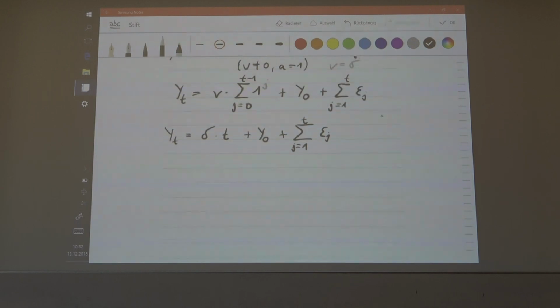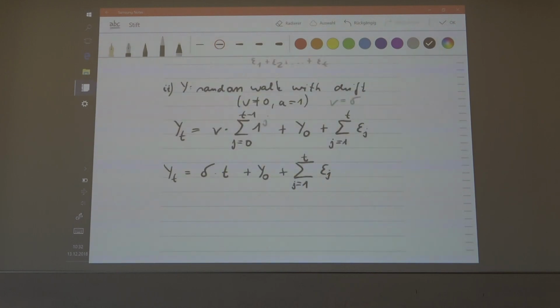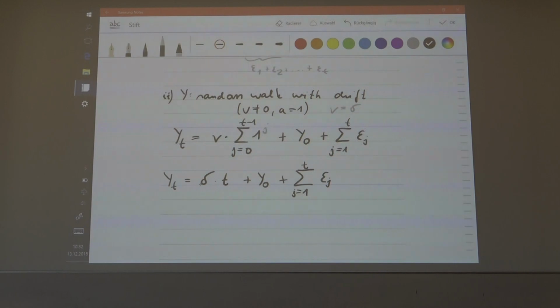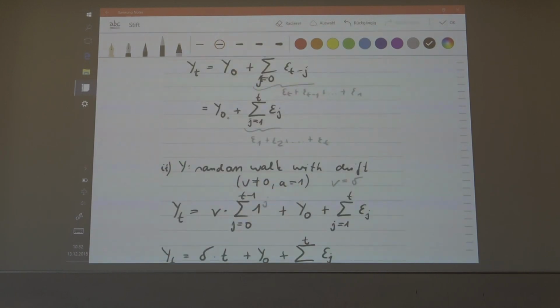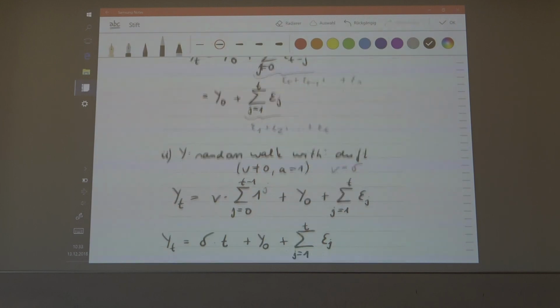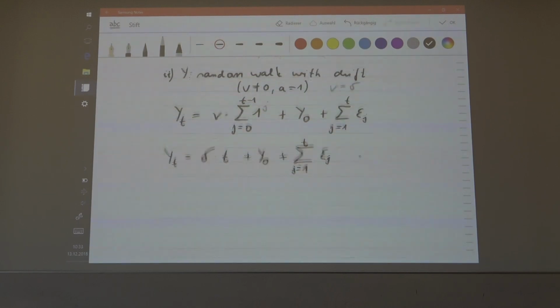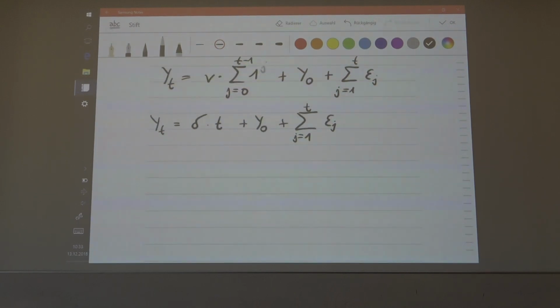Of course, if delta is equal to 0, then of course the expectation is going to be the expectation here of y0. Okay, so here in this case, that's going to be obvious. So more interesting is the variance here of the process. Okay, so how does the variance evolve here for this process? Okay, so let's say variance of yt.